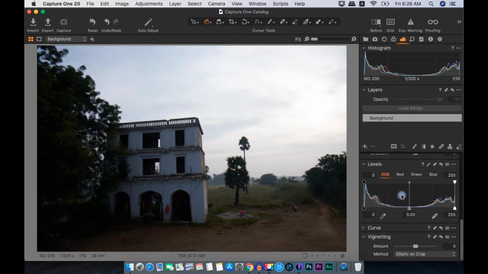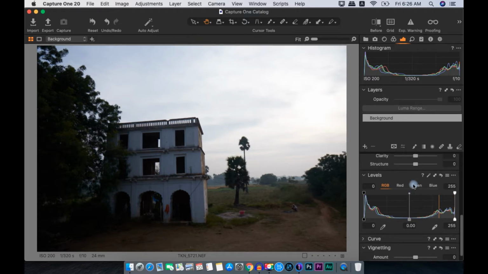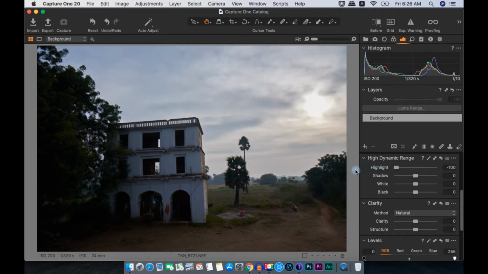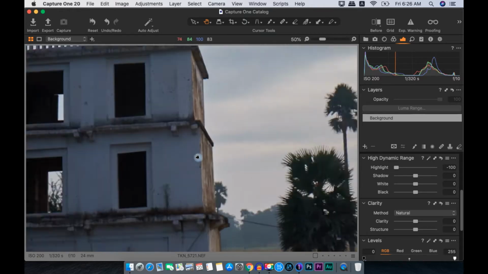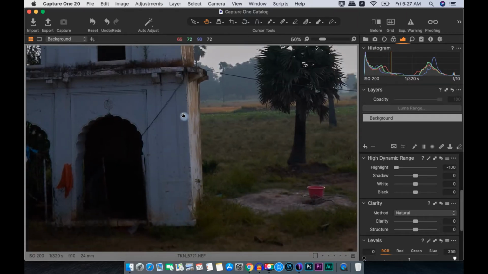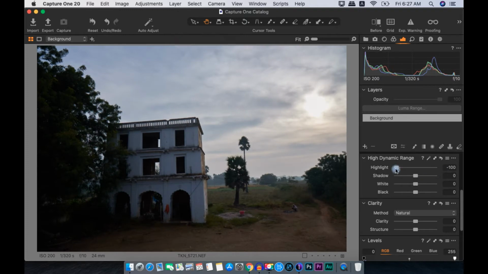So let's begin with this photograph. As you can see, the highlights are pretty much well. We just need to do a little bit of correction on highlights. If I use this slider and pull down highlights all the way, it has recovered details in the sky, but at the same time it has taken away, pay attention to this area, this is without highlight recovery and this is with highlight recovery. The glow which is falling on this part of the wall from the sunlight, it has taken that away and we don't want that.